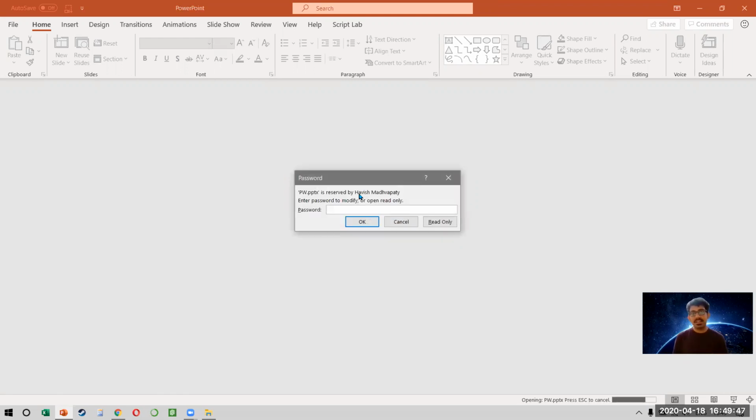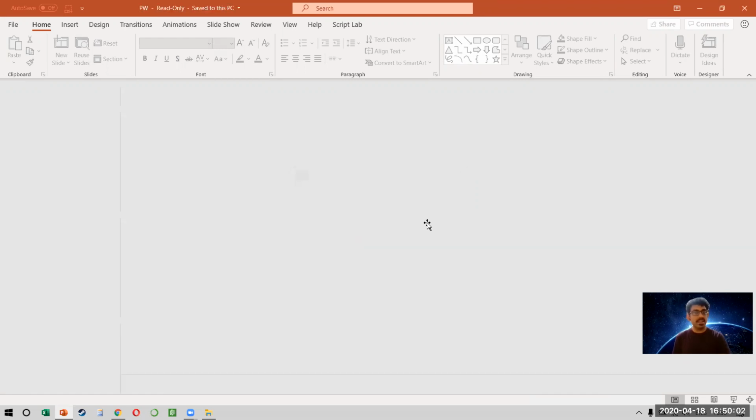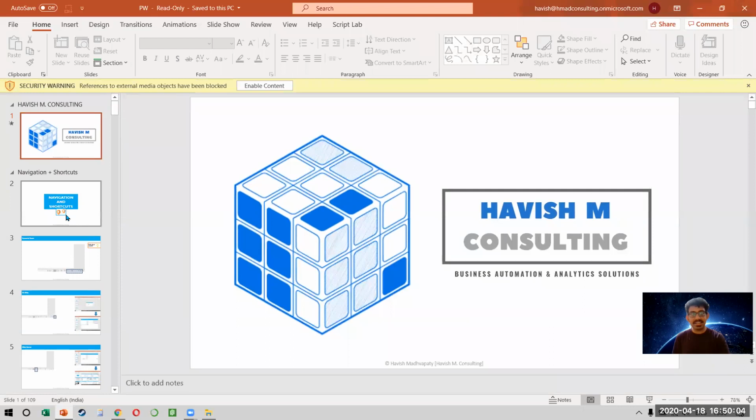Now it says that the PowerPoint is protected by Havish. So do I have the password to modify, or do I open it as read only? Now let's say you haven't given somebody the password to modify, which means he will have to select read only. Now what will happen is that he can see the entire PowerPoint,